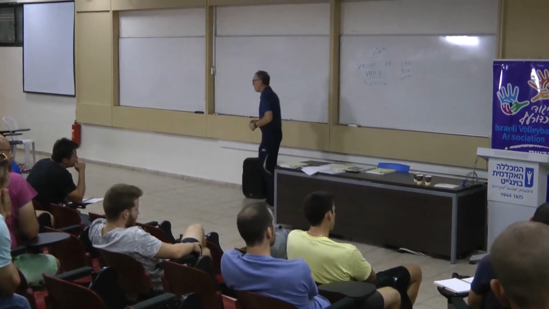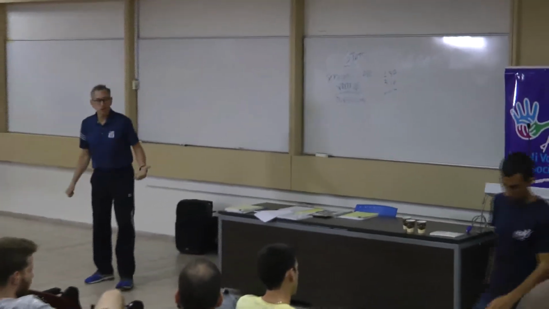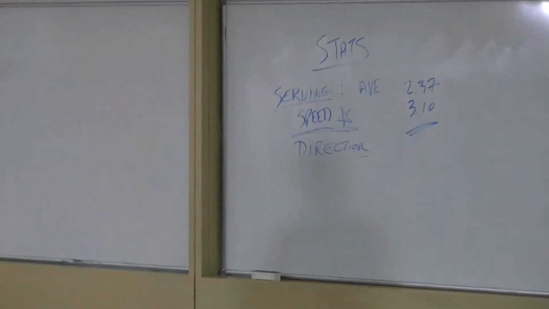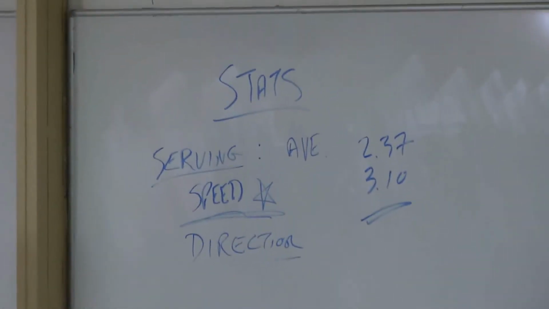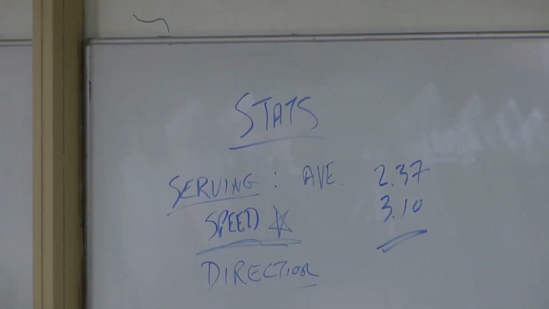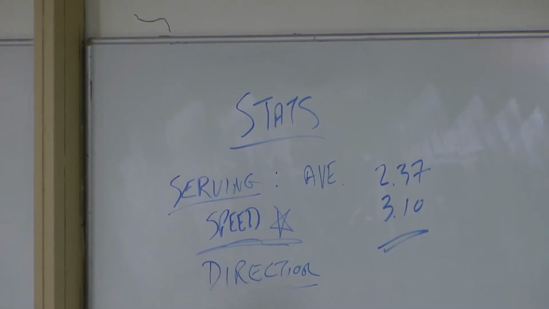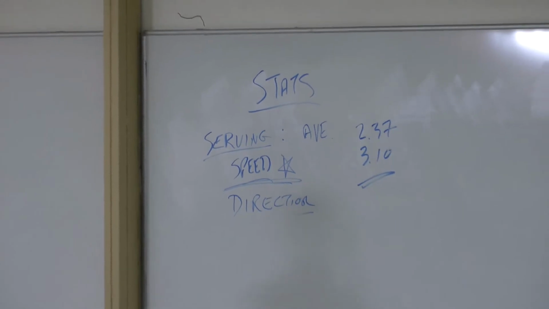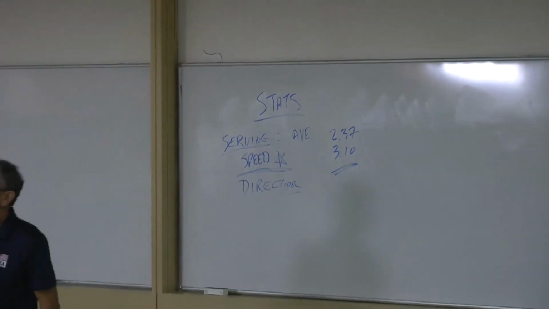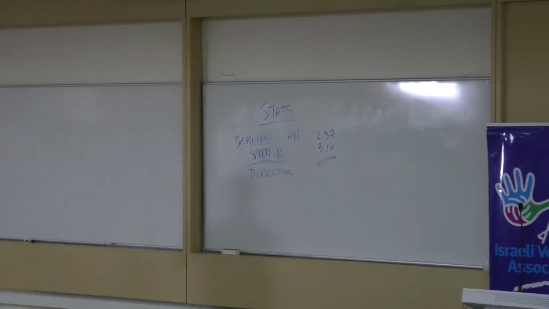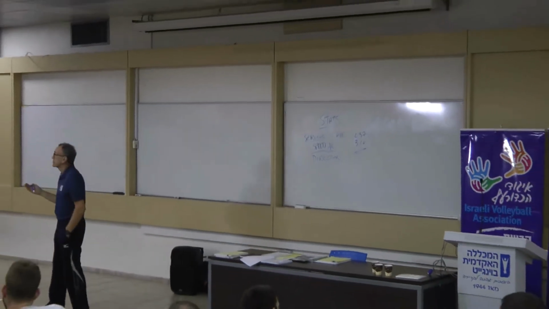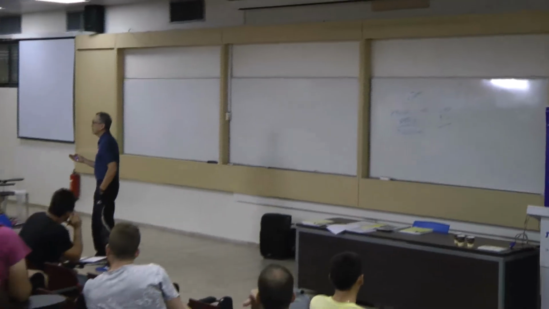So what do we know and how do we do this? That's also, I think, pretty easy, about direction. We have to know that first, the player has the ability to serve the ball into some different areas. And what is the reception average when they serve the ball into zone 1, zone 6, zone 5, or 2, 3, or 4? I don't know how many zones they can serve into with some degree of accuracy.